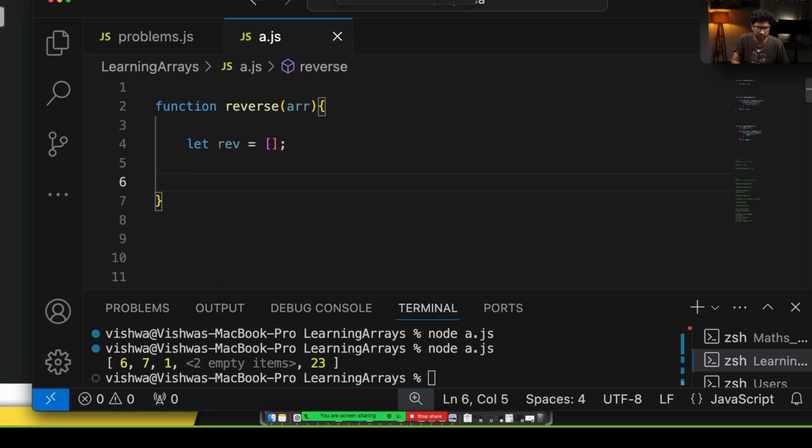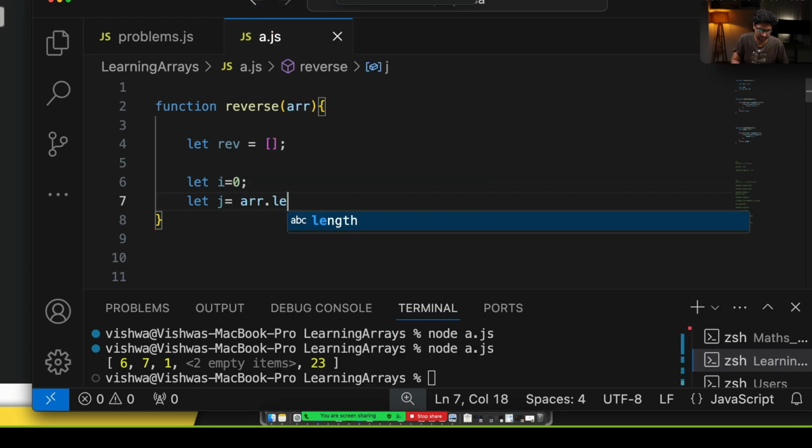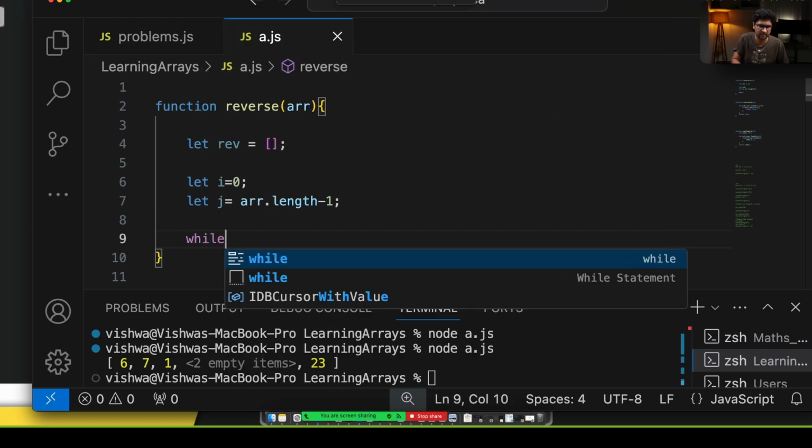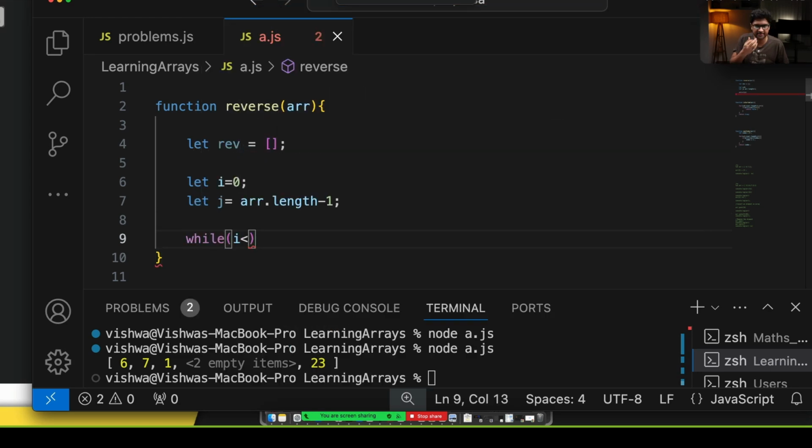Normally I have two variables. So I have let i equals 0 and another variable, let j equal to array.length minus 1. And then while i is less than array.length,